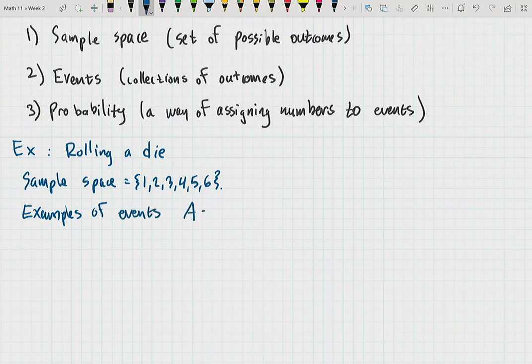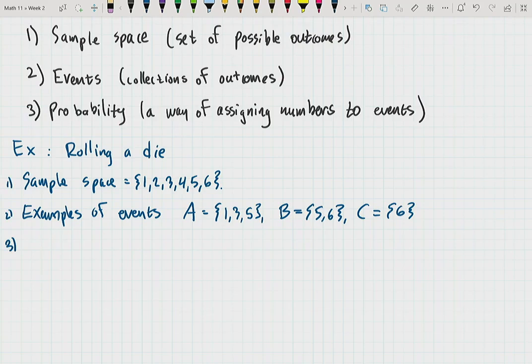Let's say A is the event that you get an odd number, so either a 1, a 3, or a 5. And B is the event that you, say, roll a 5 or a 6. And C is just specifically that you're looking to get a 6. Okay? So we can now assign probabilities to these different events. What's the probability that we get an odd number on the roll? 1/2, or 3 out of 6,